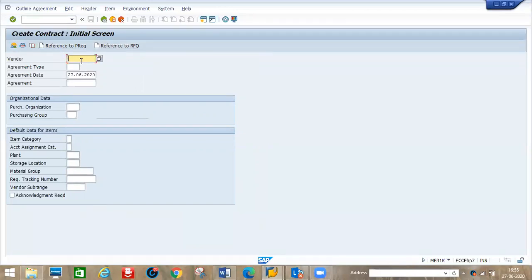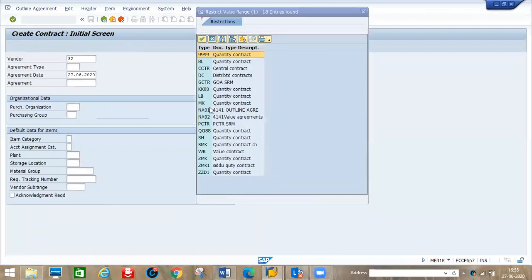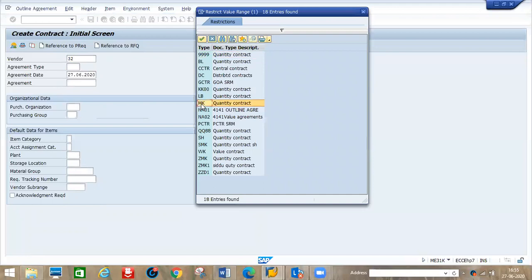Okay, so 32 is one of my vendors. The agreement types are here: WK, MK. This is standard MK, okay, WK and DC, distributor. Some students have created so many document types. We will also create them, no problem. See, first is